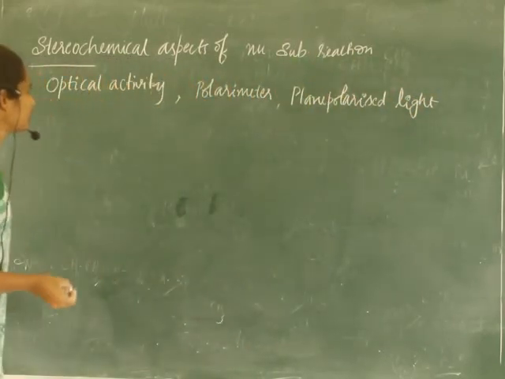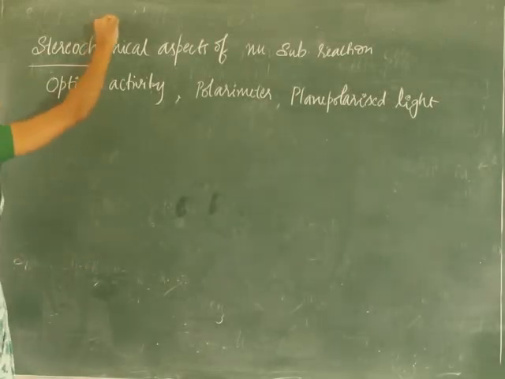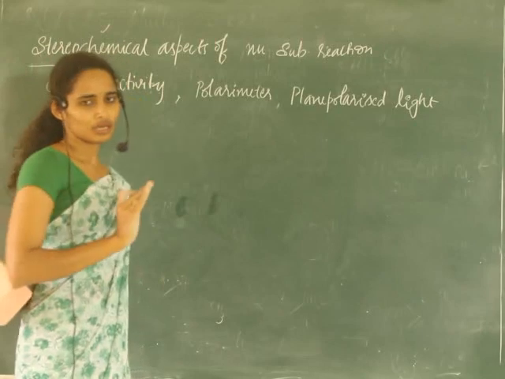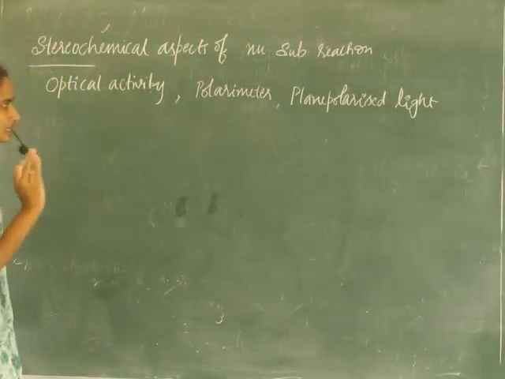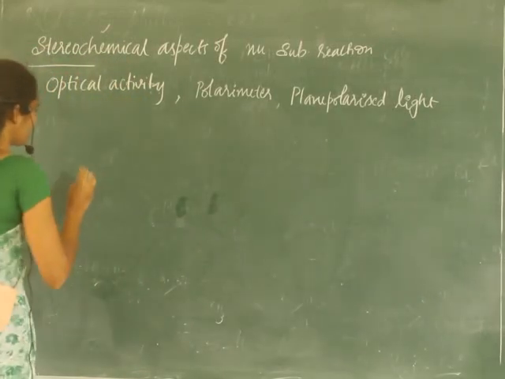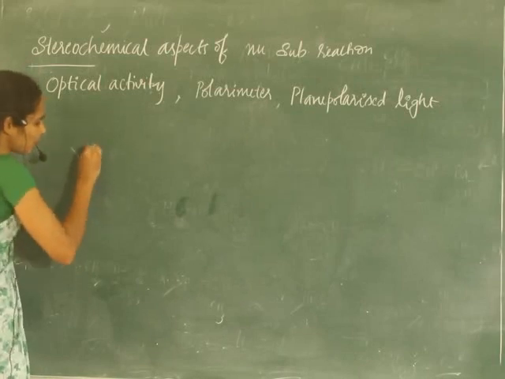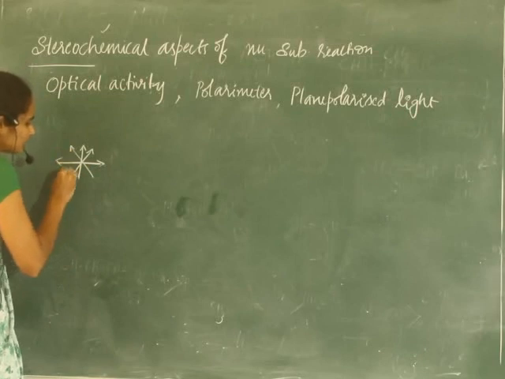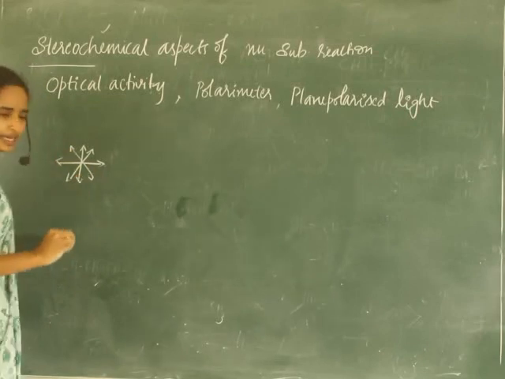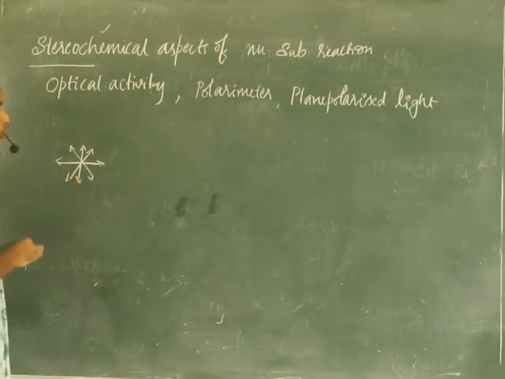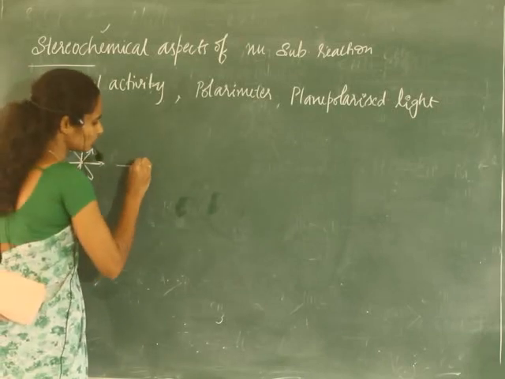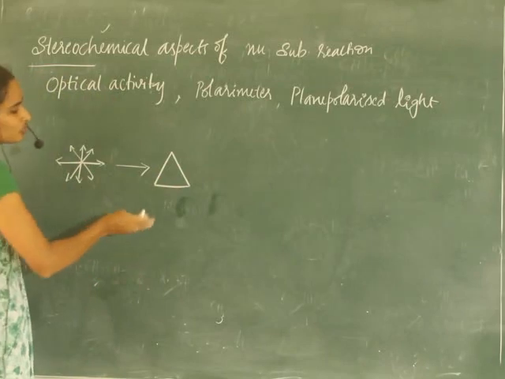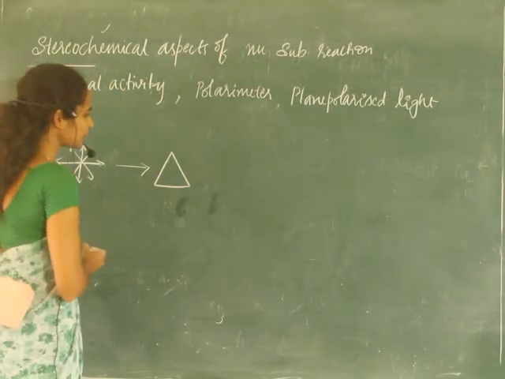This three-dimensional arrangement of atoms gives different properties to compounds. That we'll discuss in this concept. Normal light is scattered in different directions. When we pass this normal light through a Nicol prism, a kind of prism invented by Nicol,